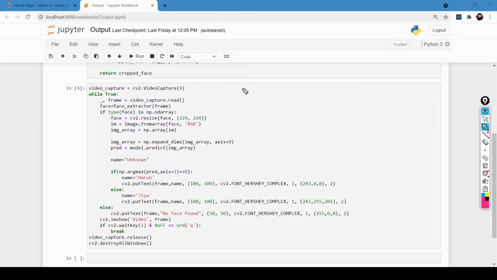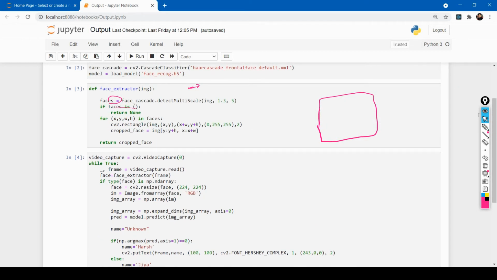We are going to open our camera, capture our frames and pass our frames. Suppose it is a normal camera that we have opened, so it contains a background as well. So we will pass this frame into this function to remove our background, or you can say to crop our image, right?